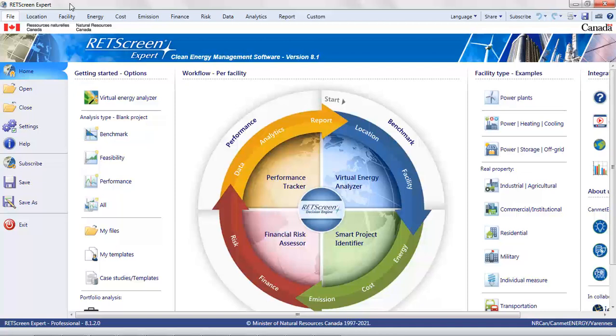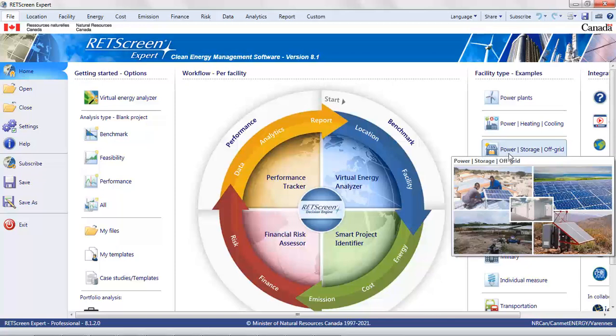The RETScreen clean energy management software can be used to evaluate various types of power, storage, and off-grid projects. Photovoltaic, wind, reciprocating engine generators, hydroelectric, and battery storage can be included. There are a number of ways to get started with the model, including several case studies and templates, many archetypes in the Virtual Energy Analyzer, and even this shortcut button on the home page, which quickly loads an example analysis